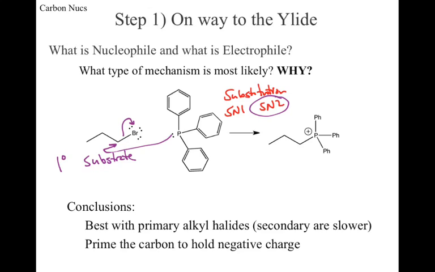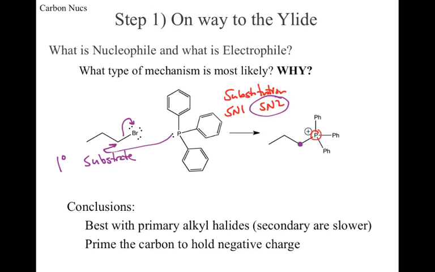The next part of this that's kind of important is that this structure is now primed to pick up a negative charge on our carbon. And what do I mean by that? Well, we have a positively charged phosphorus. Phosphorus doesn't want to be positively charged. It needs electrons to stabilize it, which means the carbon that's attached to it is now going to start to say,